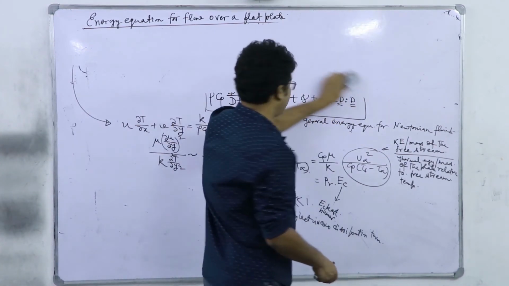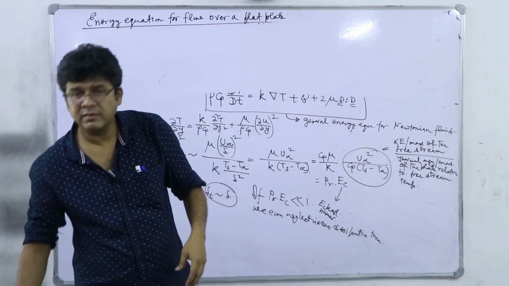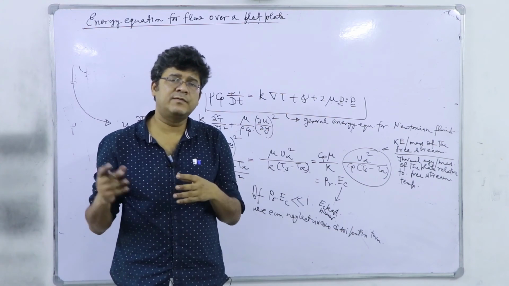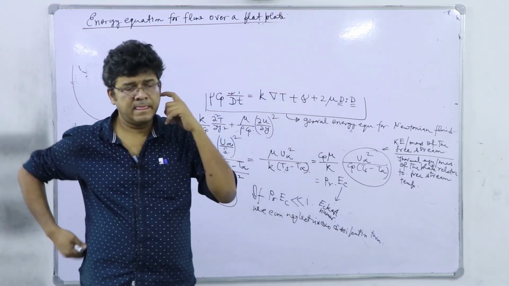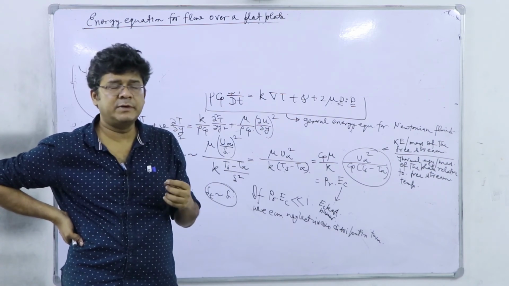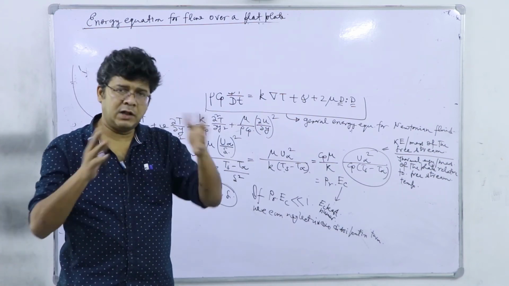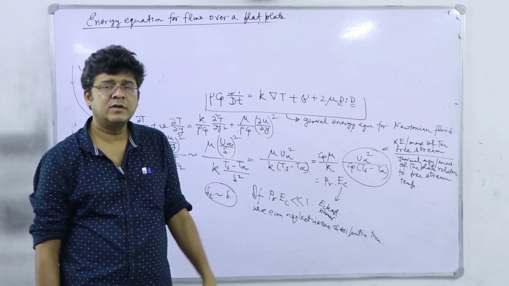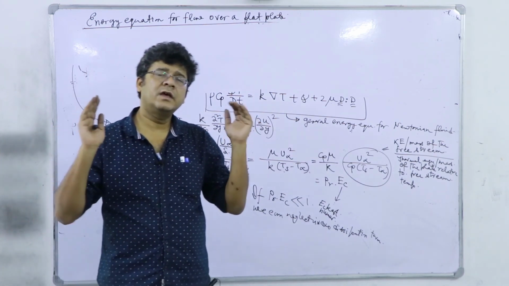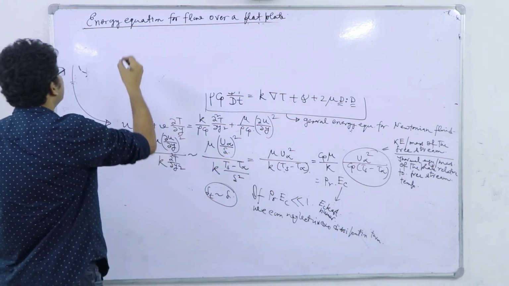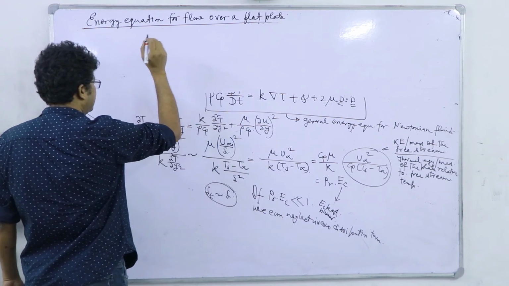I will pose this question: try to develop this energy equation for laminar flow through a pipe which is fully developed and the wall of the pipe is being maintained at constant temperature. So what will be the equation and what will be the boundary conditions? Right. So the equation, you see,